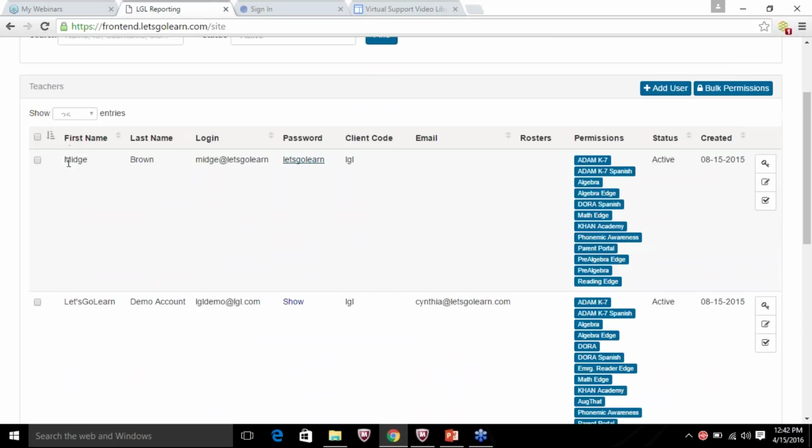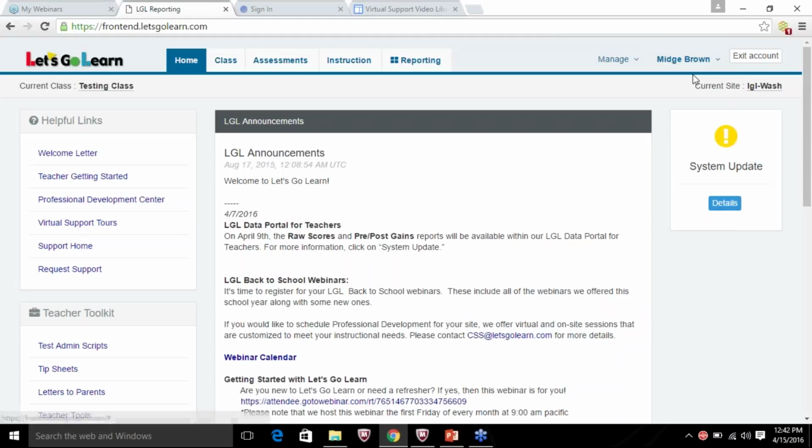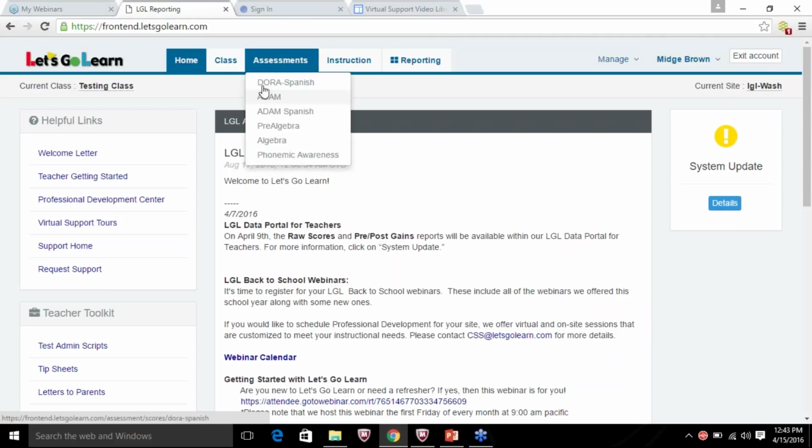As the administrator, you can also log in through your admin page as the teacher. So if I go ahead and look on my far right-hand side, we're going to talk about these features that are available, these 3 buttons that are available under each teacher login. The first thing we can do is quickly log in as a teacher. So you know that key. Now I'm in Midge Brown's class. So if you want to take a look at some reporting on her teacher side, take a look at her assessments and see who's tested, you can quickly do that from your admin account.